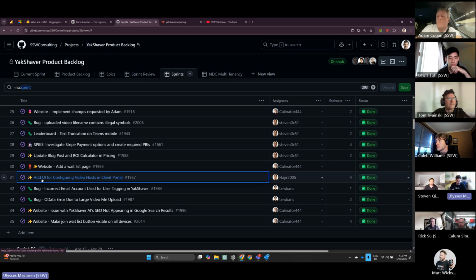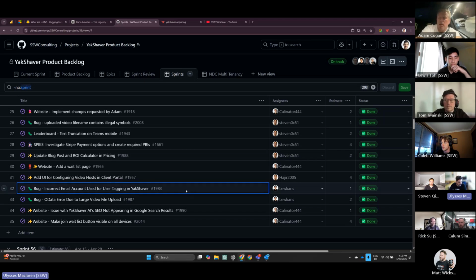So the next step for that, is there a PBI for making it actually configurable? Yes, I think we do have it in the backlog. We do. Okay, brilliant. Cool. Can you just find where it is in the backlog and just drag it up a little higher so it's visible for us up in the sprint? Thank you very much. This is the problem with a big backlog.